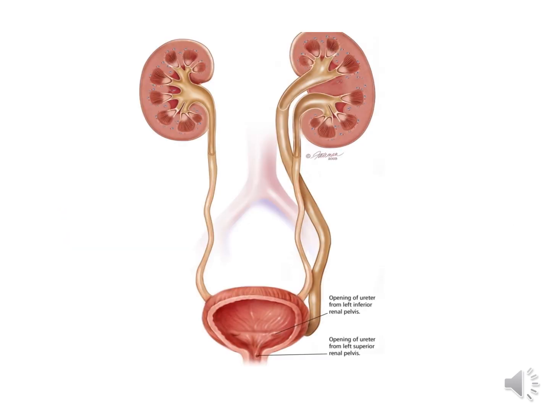So this is the gross image. Here one of the kidneys is normal; in the other kidney we can make out the presence of two ureters. There is the double ureter and also there are two renal pelvis, one attached to the upper pole and the other one present in the lower pole. And this is a complete form of double ureter because the two ureters arising from the renal pelvis remain separate even when getting inserted into the urinary bladder. So this is the complete form of double ureter.